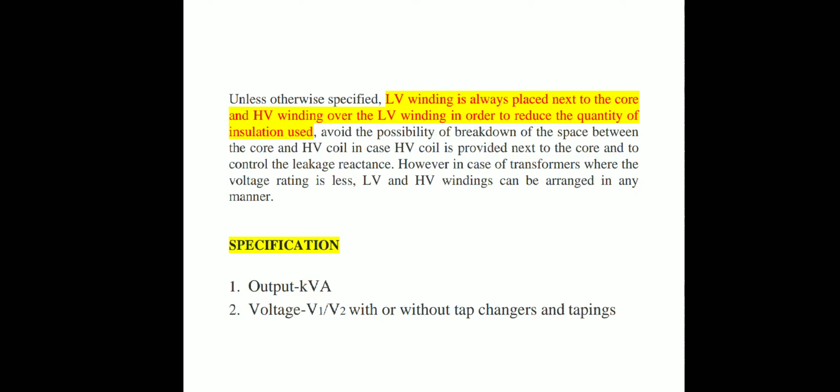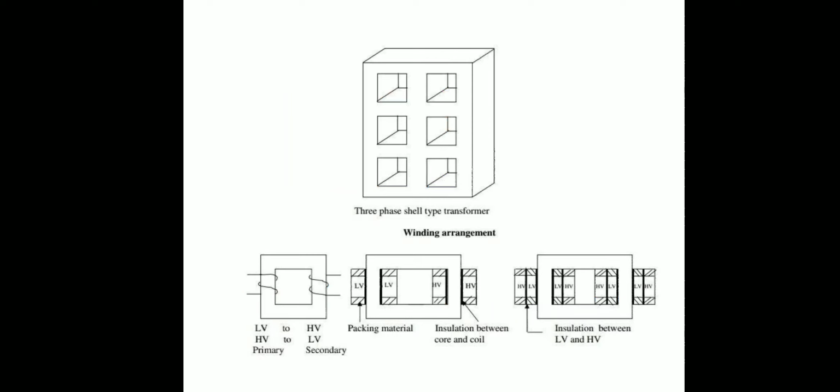That's why we have three kinds of winding arrangement, but practically the specified winding arrangement is the third one, in which the LV winding is practically and intentionally, as far as maintenance in future is concerned, kept near to the core. The LV winding is kept near to the core because it is subjected to lesser voltage as compared to the HV winding, which in turn is subjected to high voltage stress.